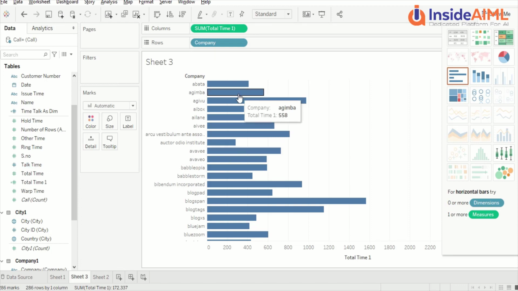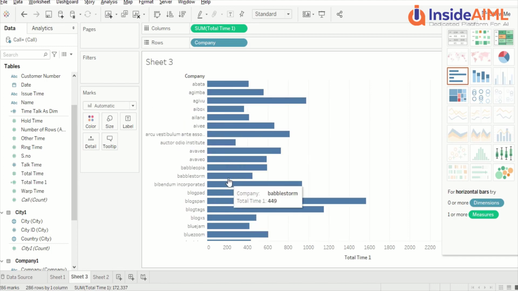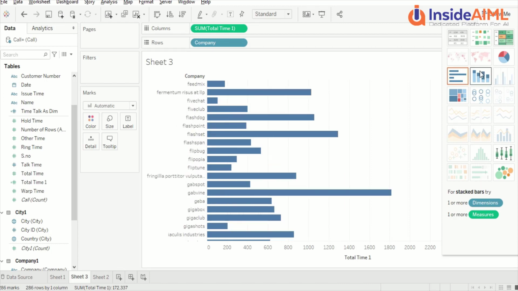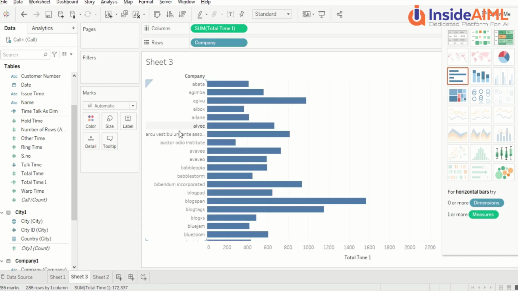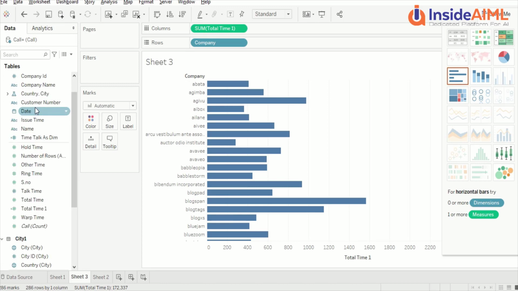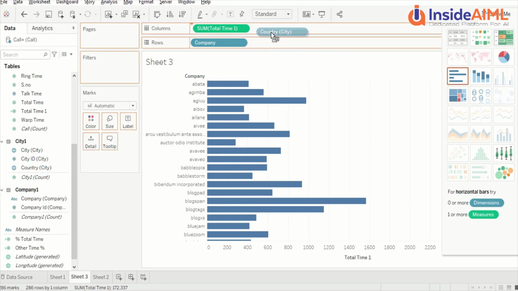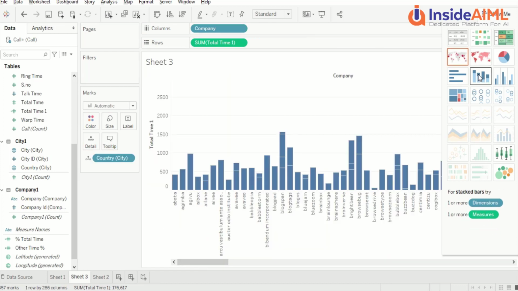So now we got a bar visual here. You can see the bar visual. Now let's click here. It is also suggesting the stacked visual. Right now we have not taken anything else on the stacked, so if you want to create a stack, I don't think this is the best way. So what we can do is take country in. Let's take country also here on the rows, and then try the stacked visual.